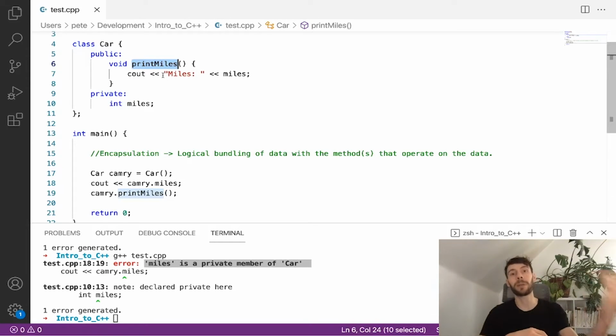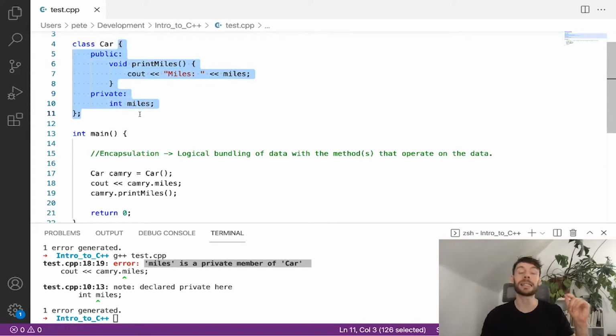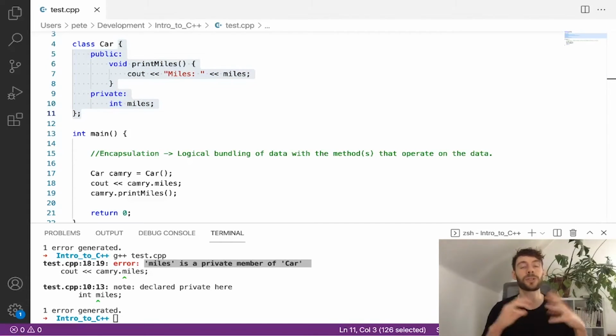When we have a public member variable, it's not wrong, but it's not advantageous in a lot of ways because it allows people to just change the data willy-nilly however they want to. So there's a lot of benefit in keeping your data private and only accessing that data through defined methods that you create. And this is the way that you begin doing that, with these public and private access modifiers, right? Public meaning it can be accessed from anywhere, and private meaning it can only be accessed inside the scope of the class. So just to recap,